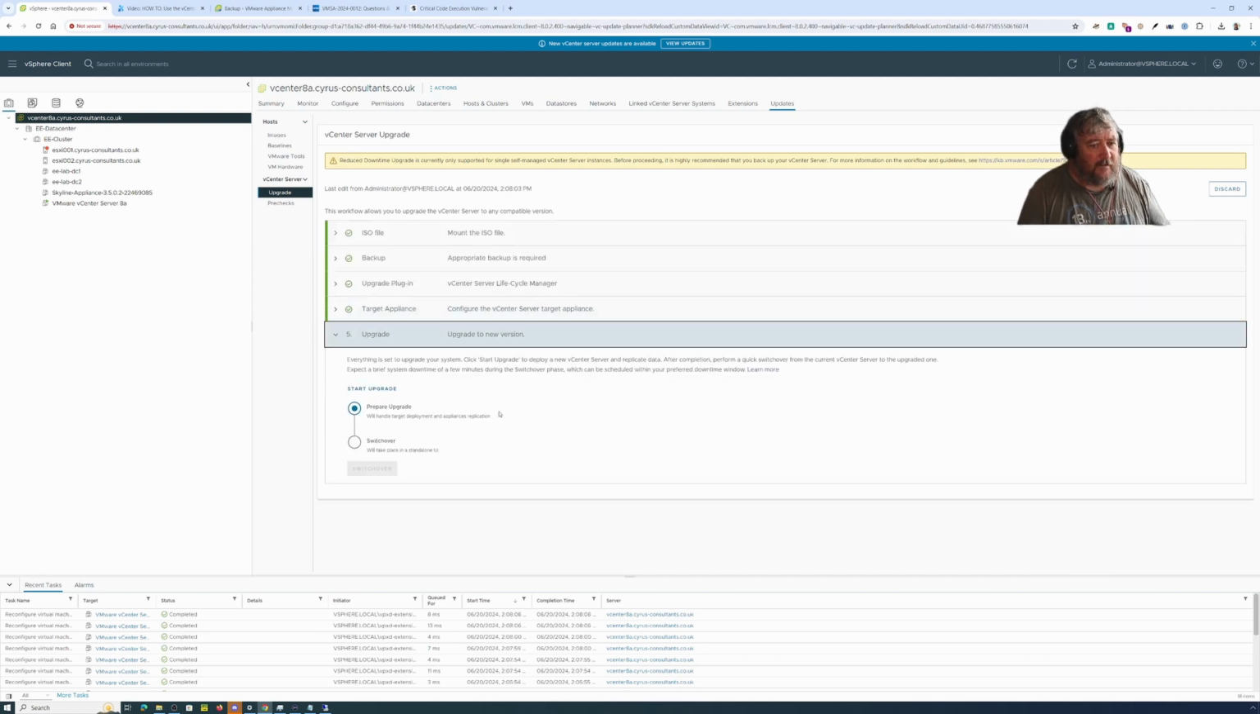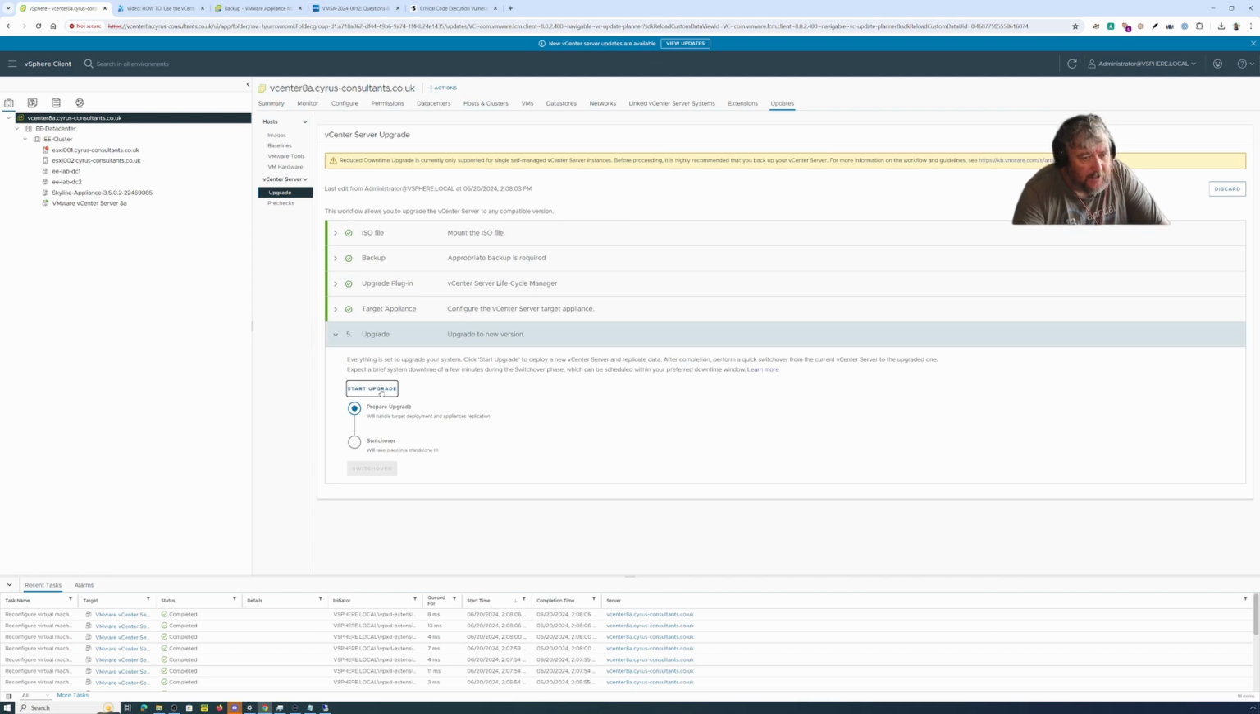It's now waiting for the upgrade to occur. So I suppose realistically, the clock gets started really when we do the switchover, because we're not actually affecting production yet. This can all be done in the background, and then you can come later on and just say start upgrade. So I'm going to do start upgrade,